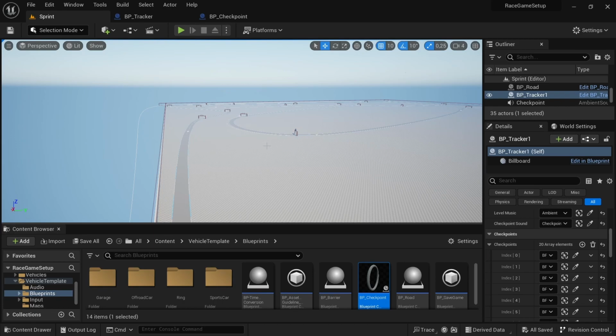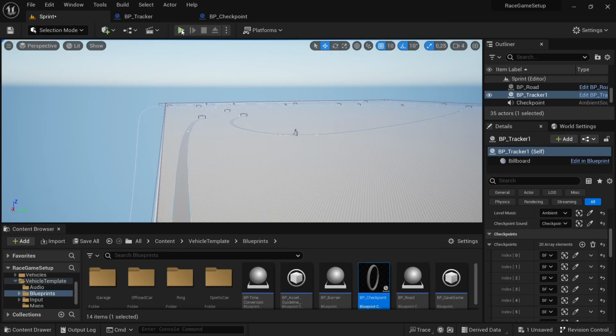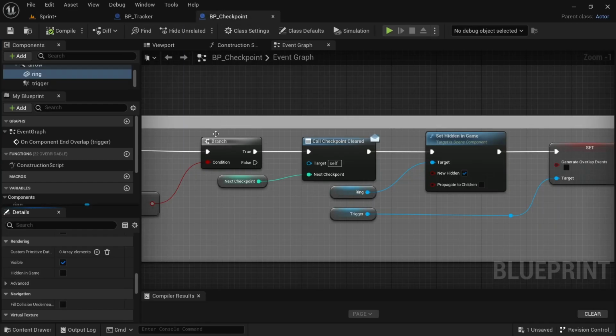And then if you've added a checkpoint and you try and play and you still see the checkpoints, then just open the PP checkpoint and then click on the ring, and then down by rendering in the details panel, enable hidden in game. By default it's not set, so if it looks like this, what you will end up with will be, as you can see here, you can still see them off in the distance because by default it's not hidden in game. So just come and check that, say hidden in game,